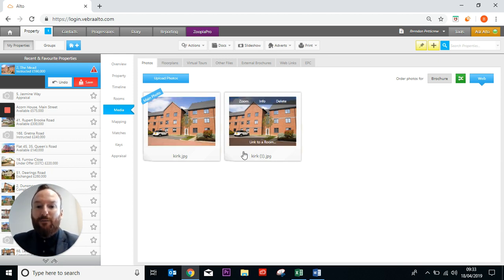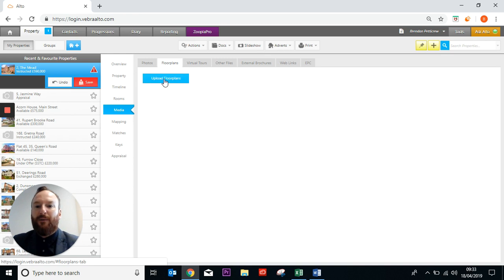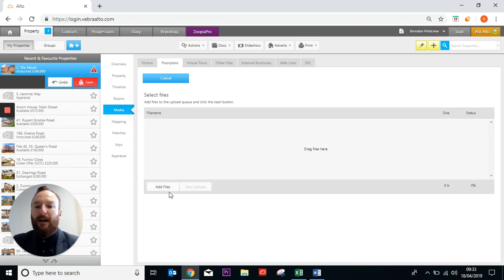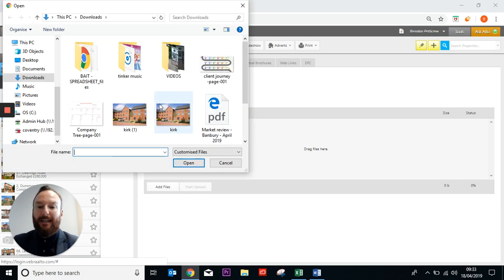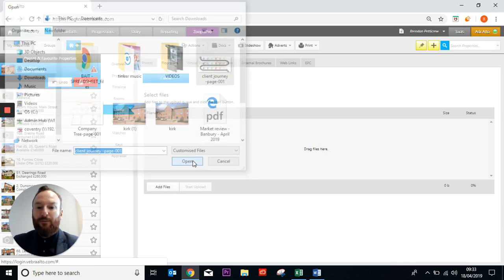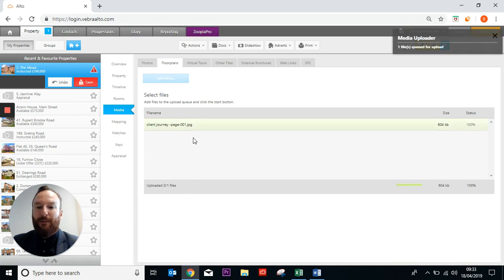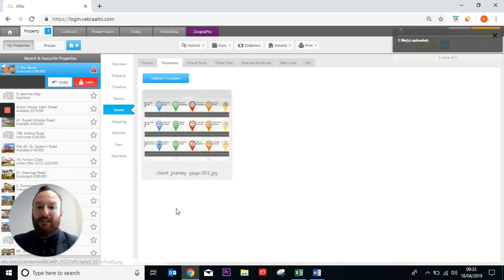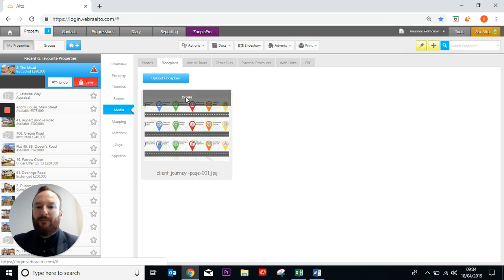Okay, so now you've uploaded your photos, you would do the same for floor plans. So again, like photos, floor plans have an upload floor plan. Admin Hub will usually do this for you. So once they've developed the floor plan, you just add the file again, brings up your file here, and then you start the upload there. I've used the client journey as a floor plan, so there it is. Right, if you ever want to get rid of them, delete